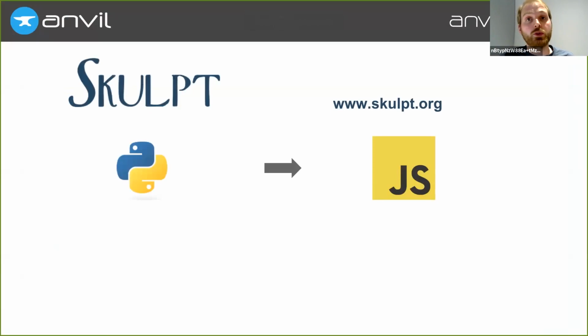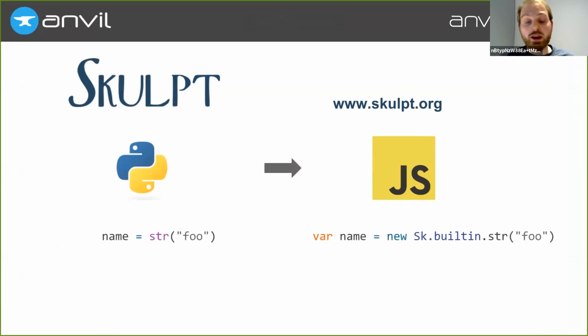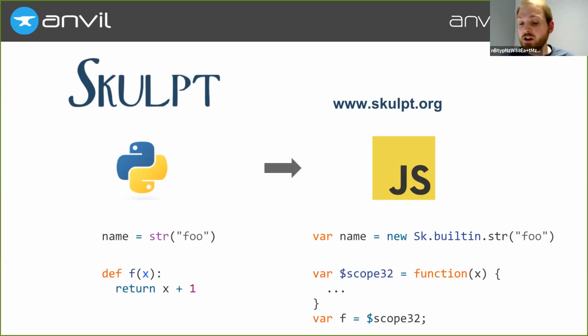Thankfully, there's this great open source Python to JavaScript compiler called Skulpt. You can give it a Python expression, and it will produce some JavaScript code that does the equivalent. You give it a Python function, and it will produce some really, really nasty JavaScript code, but it will do what that Python function does. So this is great. But the problem is that JavaScript, in its infinite wisdom, is a strictly non-blocking language. If you do anything that is going to take some time and get back to you later, you're going to need a callback.